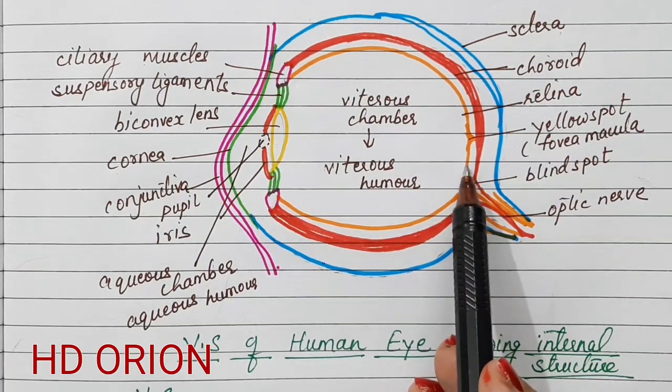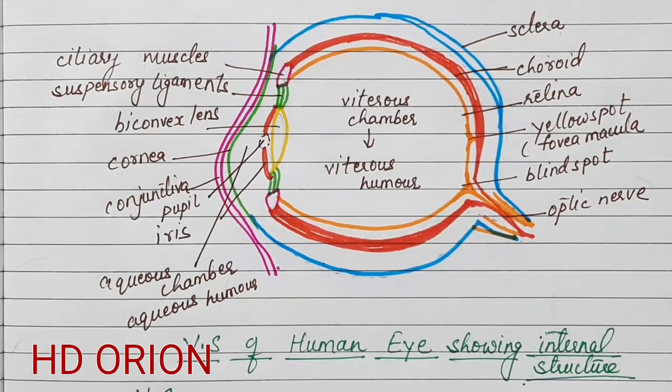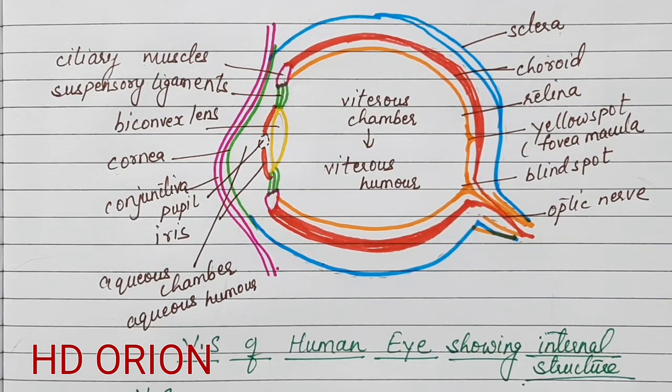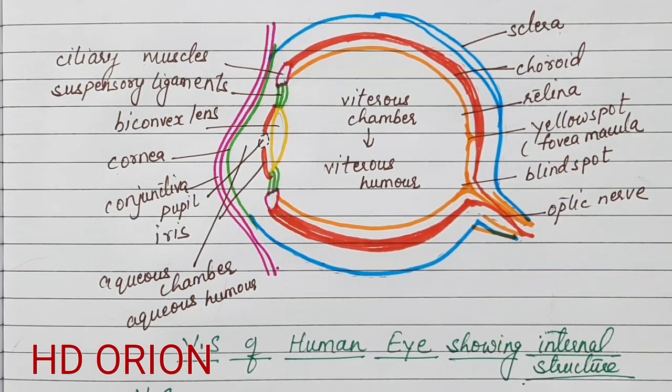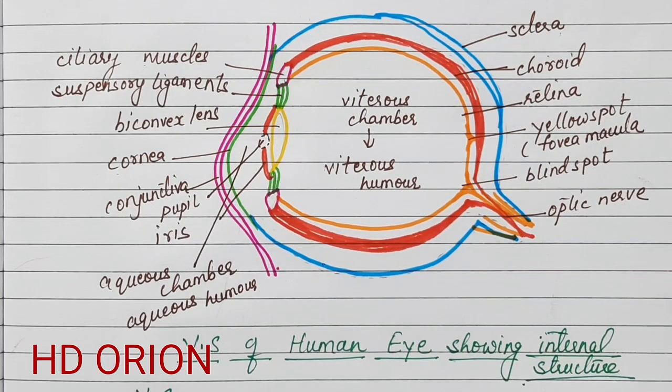The retina, as I said, consists of the photoreceptor cells, the rods and cones. Rods are about 130 million and cones are about 10 million. So in all, these photoreceptors count to 140 million altogether. In human eyes, the rods are more numerous than cones. However, we use the cones during daytime to form a bright colored image. The rods help in formation of the image in dim light or during the night time.